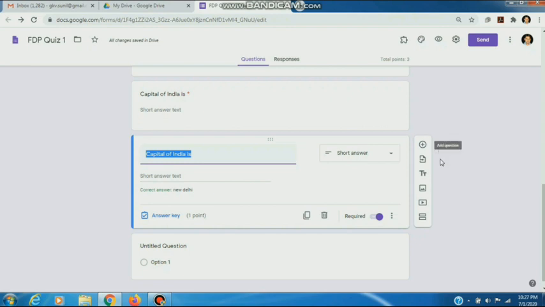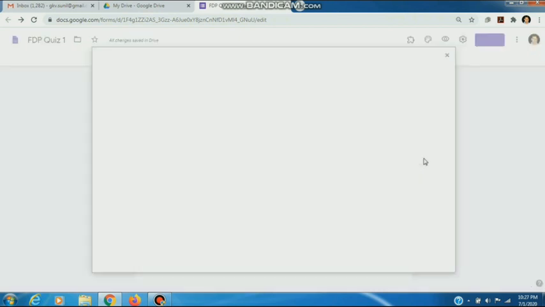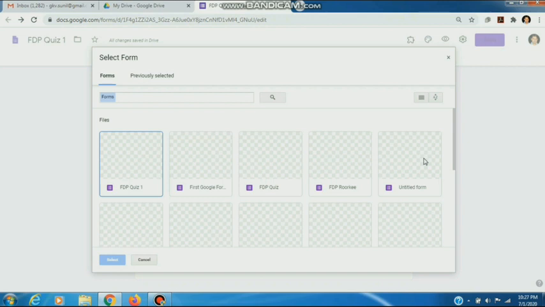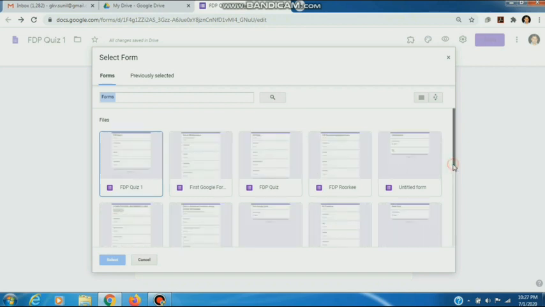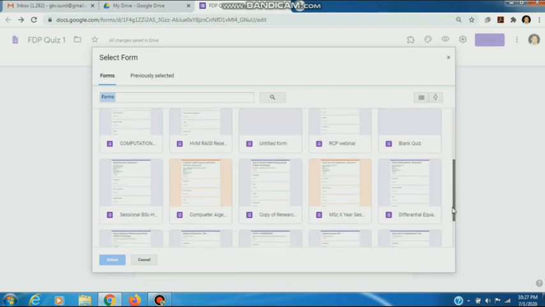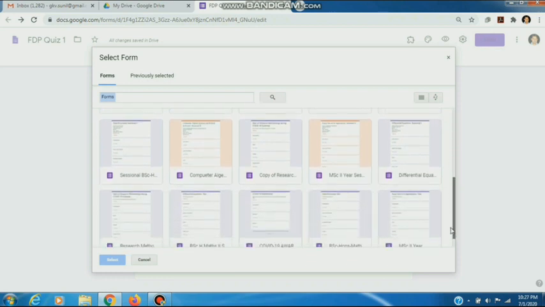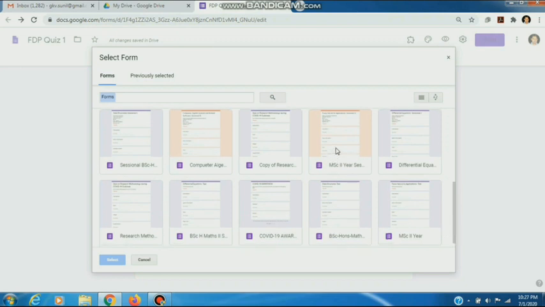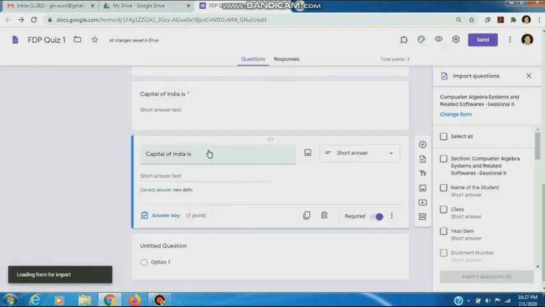Once again I copy it. Now suppose I want to import some questions from elsewhere, so I click on import questions. Suppose I want to choose from here.